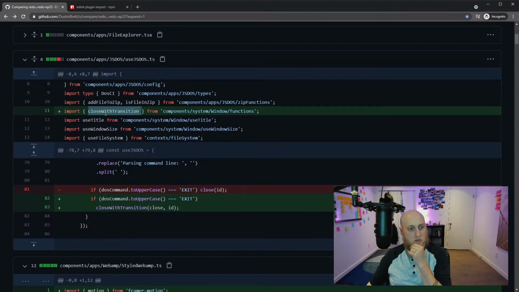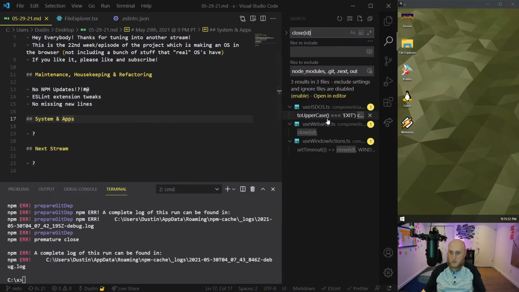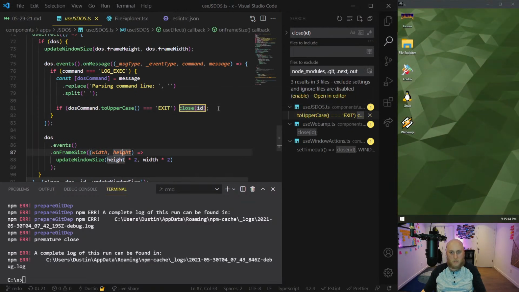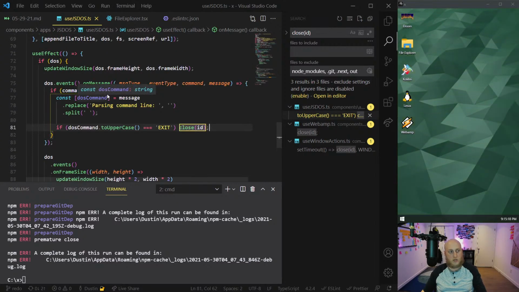Okay, so let's try to go here. I've decided to do this close with transition, which is something I was missing before. If you see here, I've done close ID, and this is an observation I missed. Close ID, where was it? Here. That is just closing the app if I type exit in the DOS window.